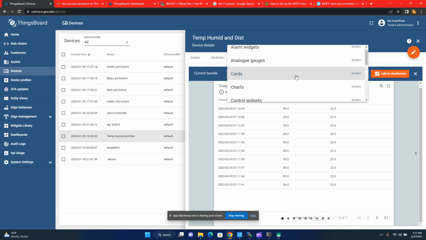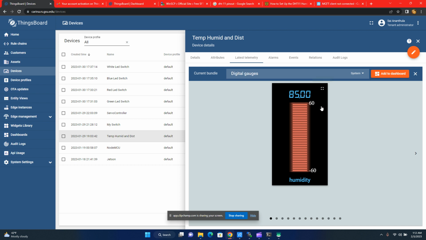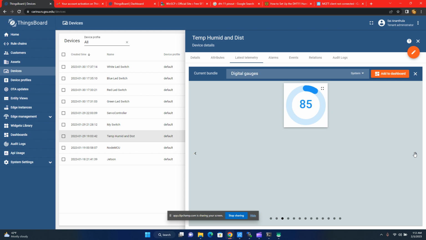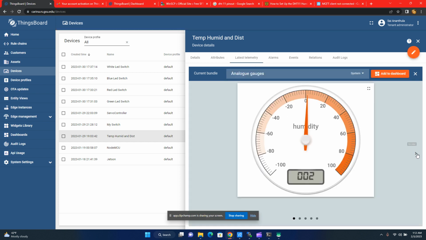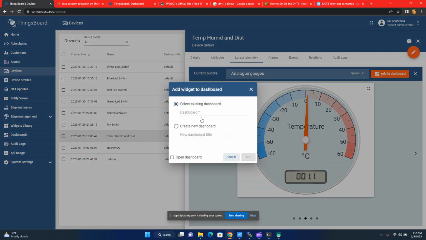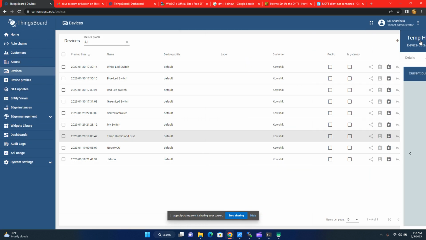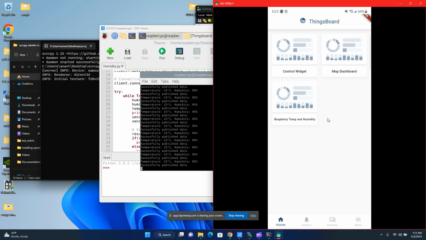So I want to show these two on the widget and select show on widget. Let's say if I want to show it in sort of digital gauge, I can use this or this or this or this. I can use whatever I want from here. I can use analog gauge like this. So if I click on add to dashboard and select the Raspberry Pi temperature dashboard and click on add, then if I go to my phone and refresh my dashboard here,